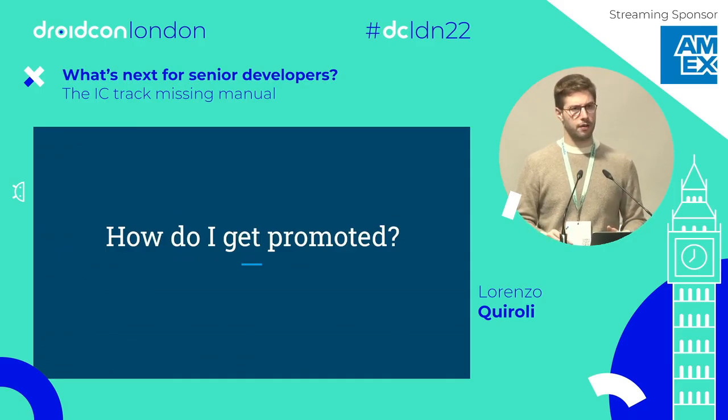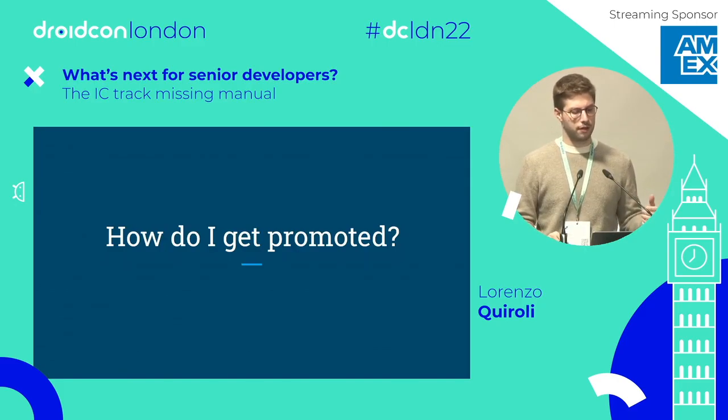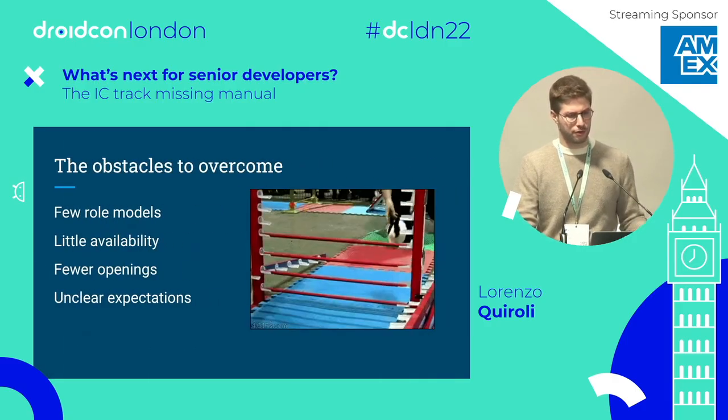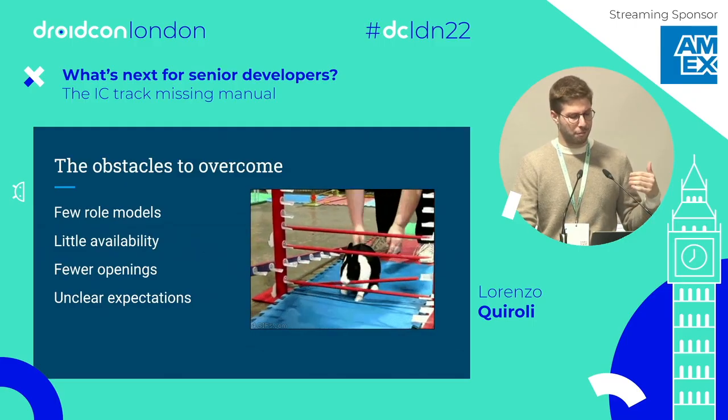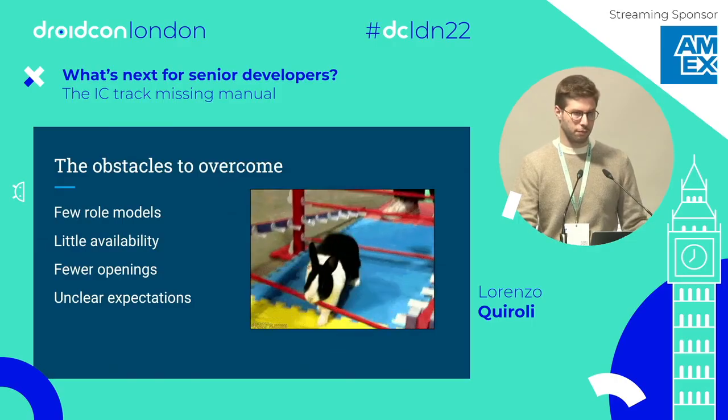So the question I hear most often from senior engineers, and one that definitely resonates with me as well, is how do I get promoted? I think I've been in the same situation of wondering what's next in my career and being in a place where I couldn't really decode the set of behavior and knowledge that I had to obtain to advance. And the truth is, it's not really easy. It's pretty hard, so don't be hard on yourself. There's a bunch of obstacles you will have to overcome, and you need to know which these obstacles are.